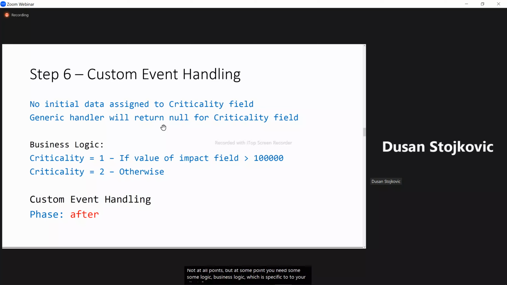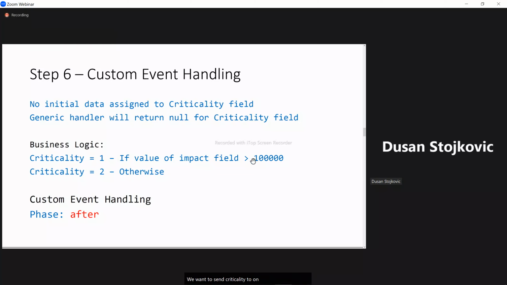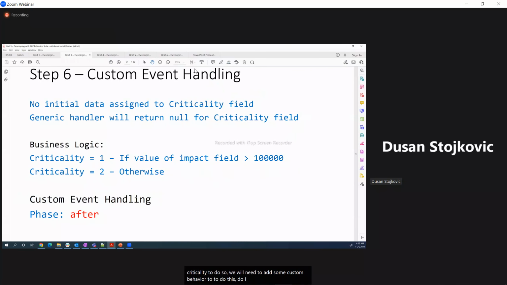So over here, we're going to use a single example. Basically, we have two fields that you've seen yesterday, impact and criticality. So just for the sake of the exercise, if the impact field is bigger than, let's say, 100,000 over here, we want to set criticality to 1. Otherwise, if it's smaller than 100,000, we set criticality to 2. So we will need to add some custom behavior to do this. Before I approach that,